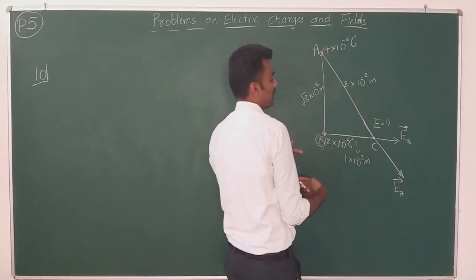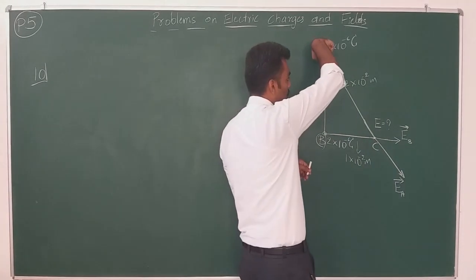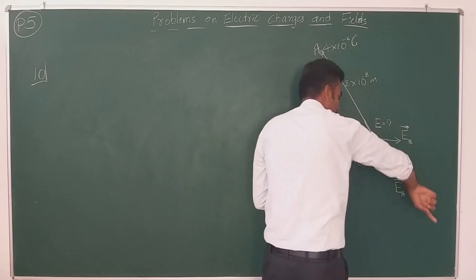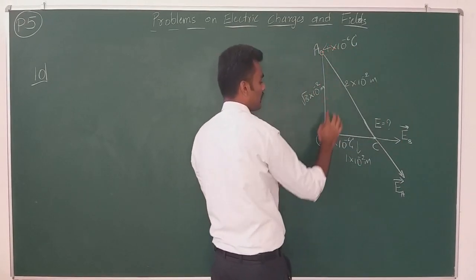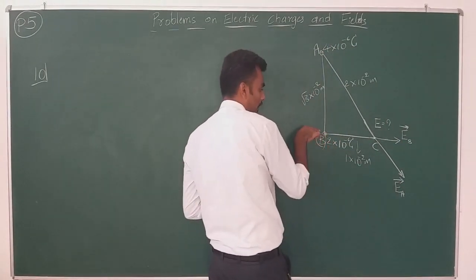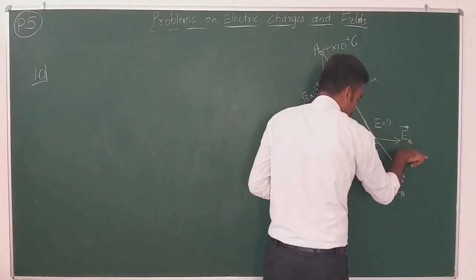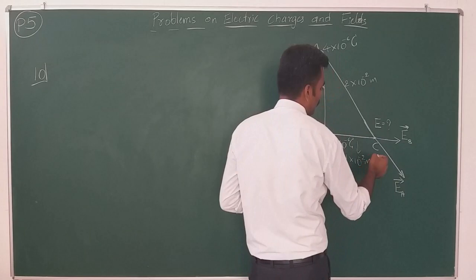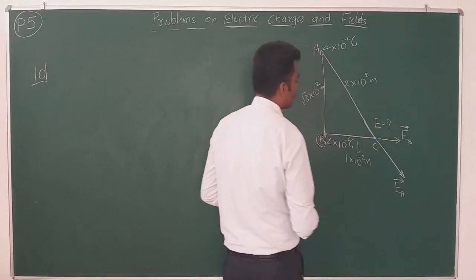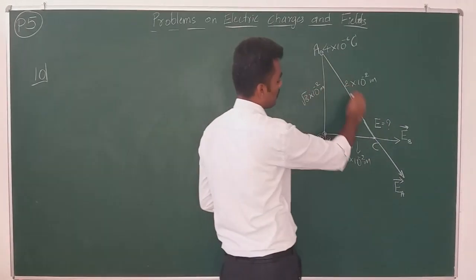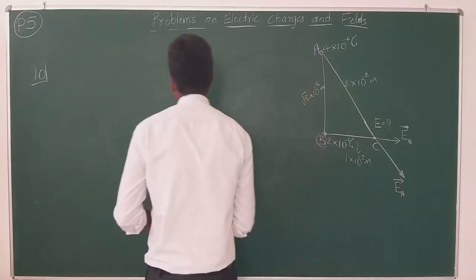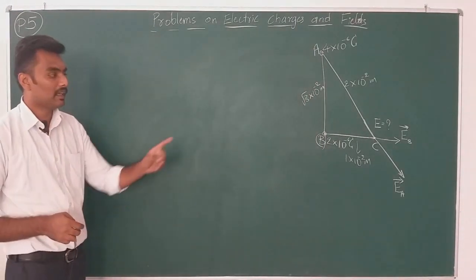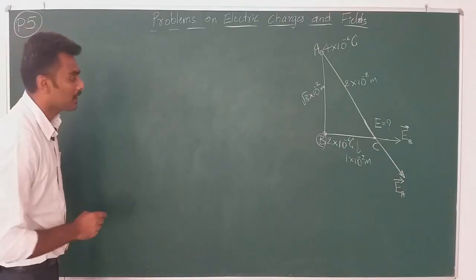Now, once again, why outwards? Both of them are positive charges. The electric fields move away from each other. So, the electric field EA will be like this because it is positive. This is also positive, so the electric field will be like this. We do not know the angle between them, that is fine, but we do have the information about the triangle. Now, the question asked is to find the net electric field at C, or the resultant electric field at C.